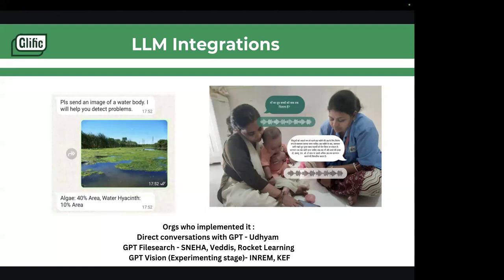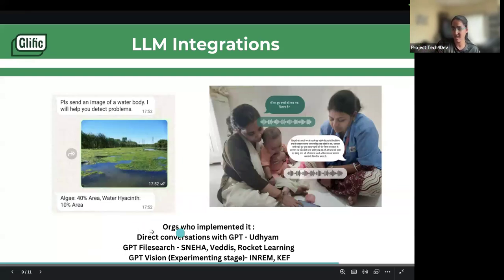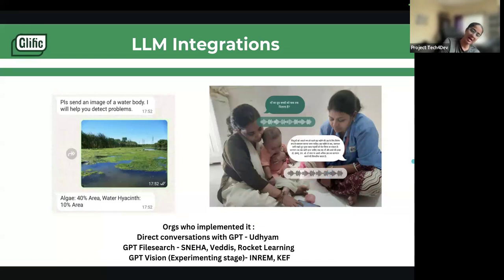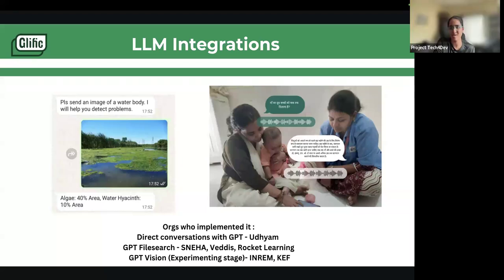Somewhere you have to just figure it out. That's what we have been doing, experiments with different prompts, different systems, everything. GPT file search, which we have recently launched, is giving better results than our earlier Jugalbandi approach. So I would suggest trying it with your internal team a couple of times and seeing the results before launching it with your end users, or with your end users, take it in alpha or beta.